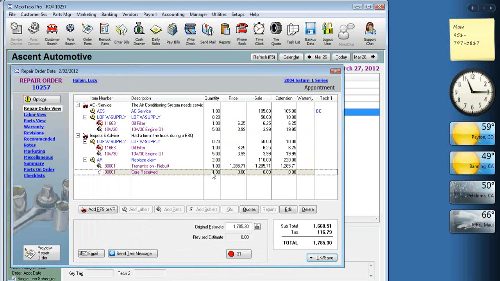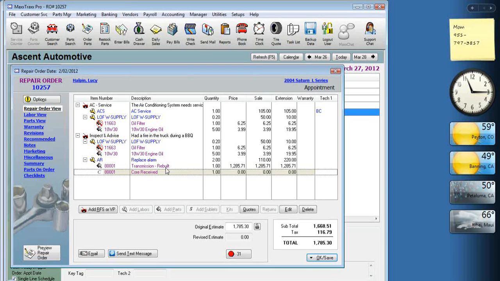Okay, so there's no core. So I'm going to have that $250 in the old, dirty, greasy, used core that I had. And I'm going to get that $250 back from Transmeister, if that makes sense. Yes, it does. Okay. So even stuff that you sublet, if they are actually rebuilding any kind of part, then